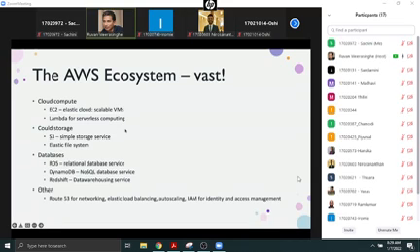I have a diagram that gives you an idea of how vast this is, but we are going to look at, I mean, the primary three things you need for a cloud ecosystem, which is compute, right? And sorry, this should be cloud. It's a typo, right? So most people will think cloud is the second one, the storage.